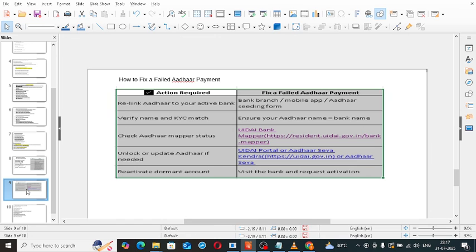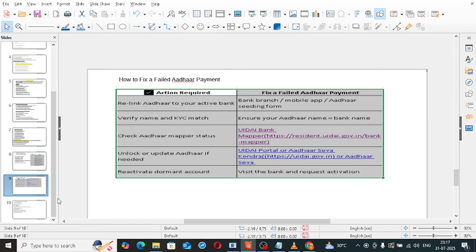Check Aadhaar map status. Just open the UIDAI bank mapper site, resident.uidai.gov.in/bank-mapper. Go to this site and check whether the mapping has happened or not. Unlock or update Aadhaar mapper if needed. Suppose you need to do that, go to the UIDAI portal or Aadhaar Seva, log in through this link and check. Okay, unlock or update it. Reactivate a dormant account. Suppose your account is a dormant or closed account, you cannot get the